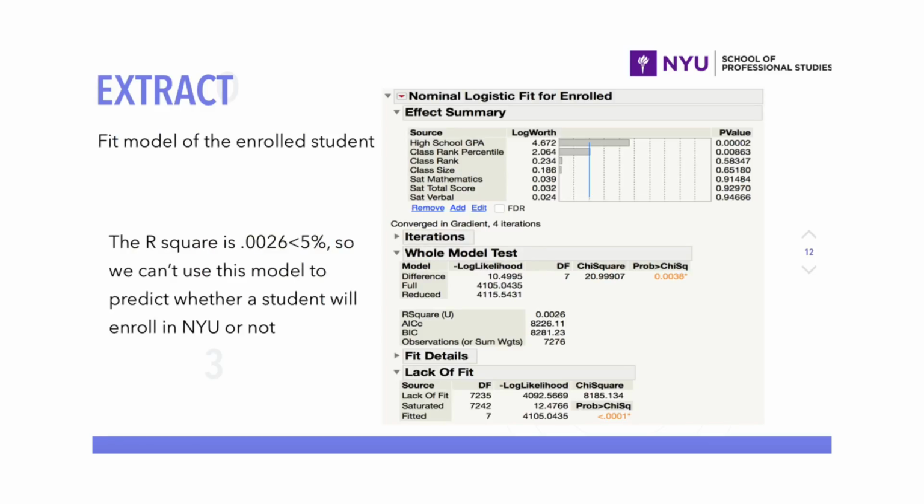The second part is for the enrolled students. After predicting the number of admitted students, we want to predict the number of enrolled students. We put enrolled as the dependent variable and put 7 variables as independent variables. So this is the fit model as the screen shows. As we can see, high school GPA and class rank percentile have p-values smaller than 0.05, but the R-square is